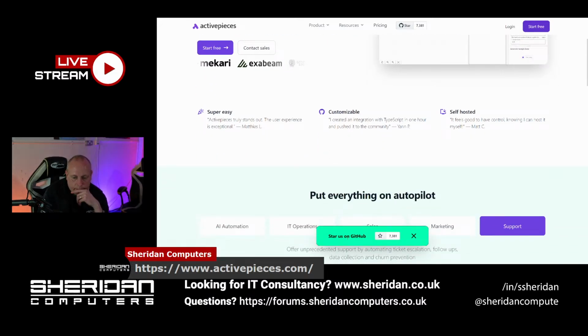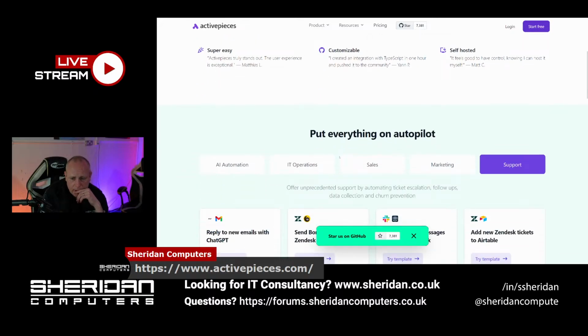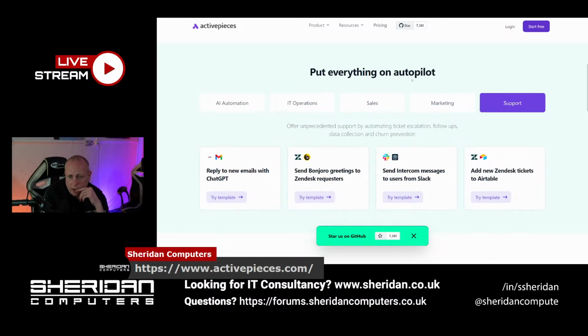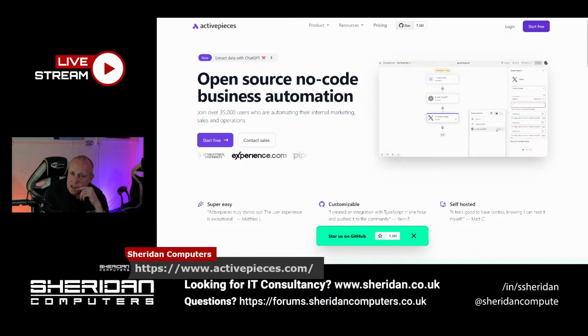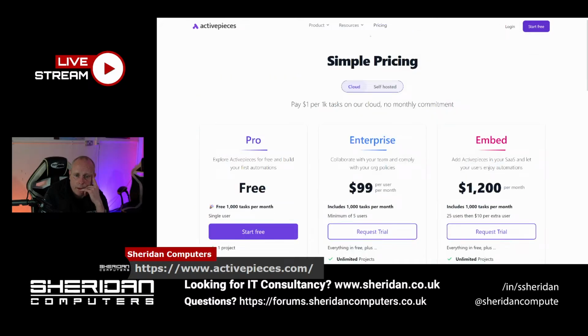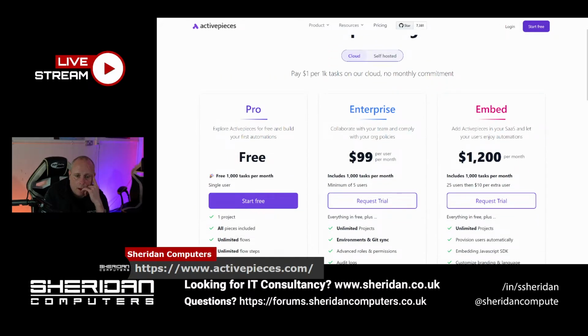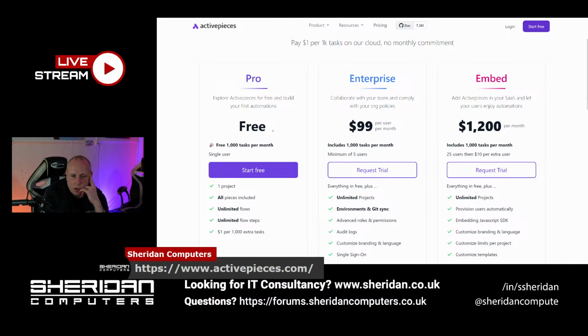Like I say, it's open source, so it's on GitHub. And it's basically, like it says, put everything on autopilot. So you can self-host it, but not only can you self-host it, you can use the web version and start for free. So if you don't want to self-host it and you just want to look at some form of automation,